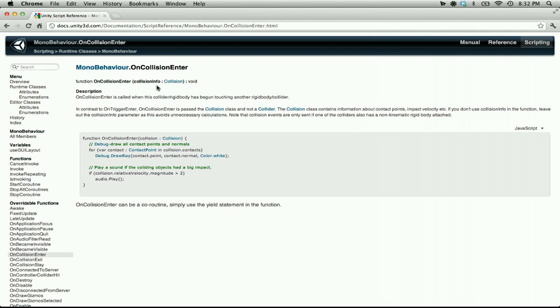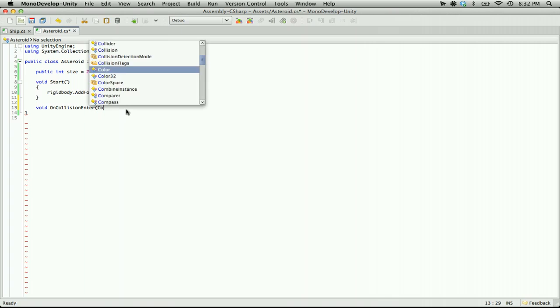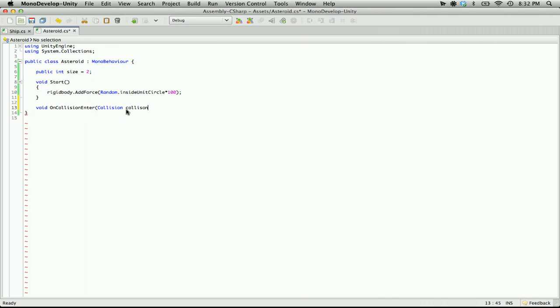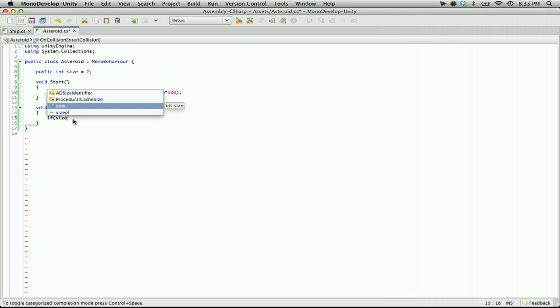So yeah, we get a collision. So what this is going to do is, if size is greater than 0,